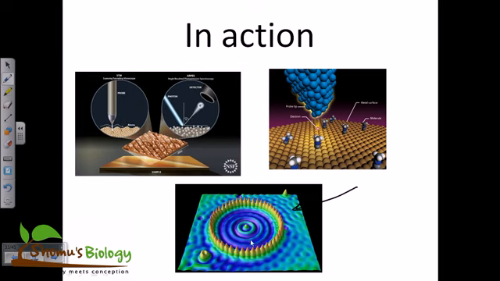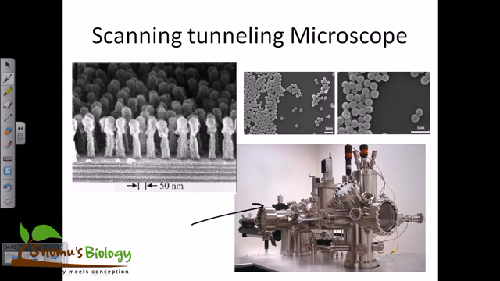And this is the actual scanning tunneling microscope. That's how it looks. It does not look at all like any kind of microscope that we've seen previously. So it's a microscope because it helps us understand the structure at a very fine level, because the distance between the tip and the sample is in the angstrom level. So it's very good in resolution. As you can see here, it's even in the 50 nanometer range. It's giving us that much detail of the structure in different layers.